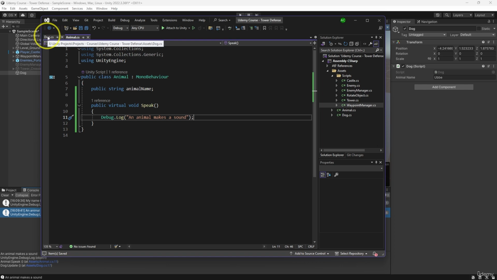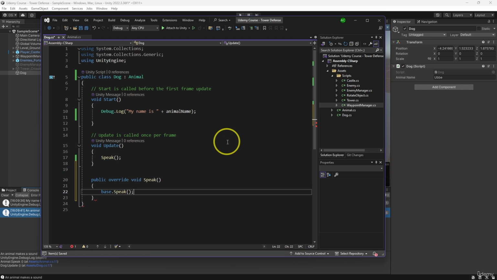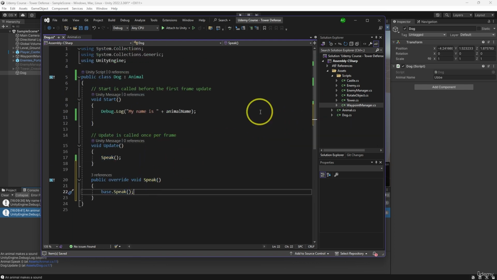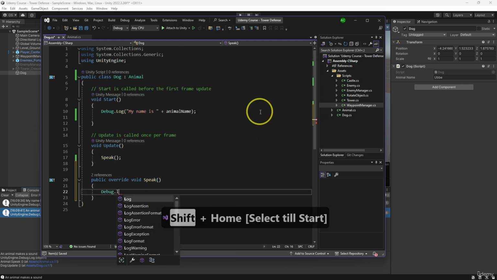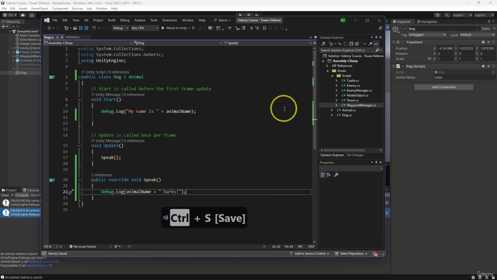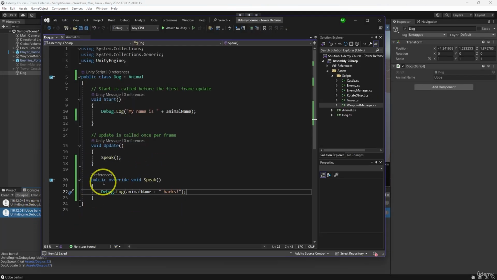a child script. We can go to the dog script and type override speak. Now over here we have base.speak, which contains this code, but instead I can remove base.speak and do Debug.Log animal name plus barks, just like that. And now if we go to Unity and hit the play button, you can see my name is Uba and then Uba barks, which allows you to have different functionality inside of